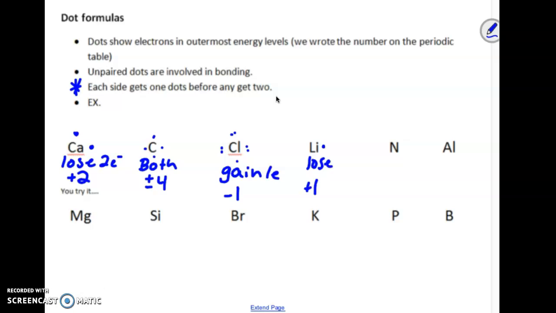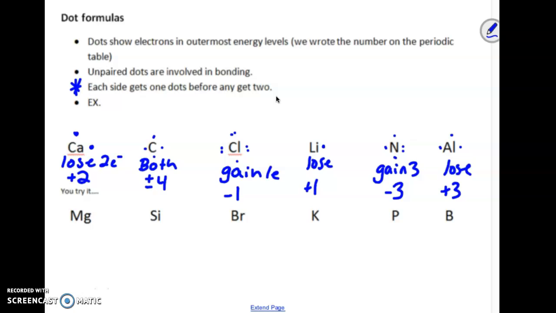Nitrogen is in the group next to carbon. It's in between carbon and oxygen. It's number 7 on your periodic table. It gets 5. So 1, 2, 3, 4. Every side gets 1 dot before any side gets 2, and I'm going to give this side 2. It doesn't matter which side you give 2 dots to. So it has 5 valence electrons. 5 is closer to 8 than 0. So it's going to gain 3 electrons, and it's going to have a -3 charge. Aluminum has 3. It's going to lose them because it's closer to 0 than 8, and it's going to have a +3 charge. Okay? Now you try magnesium, silicon, bromine, potassium,